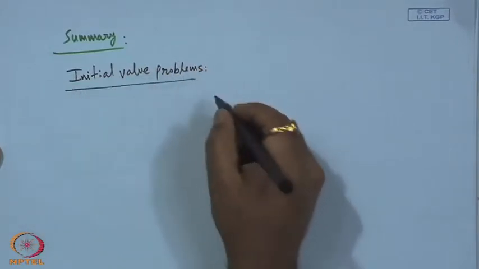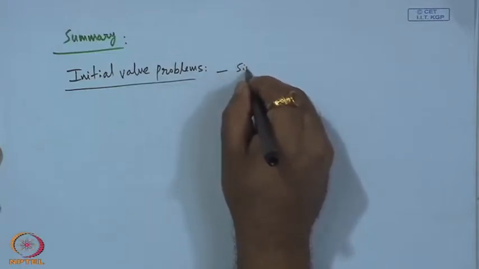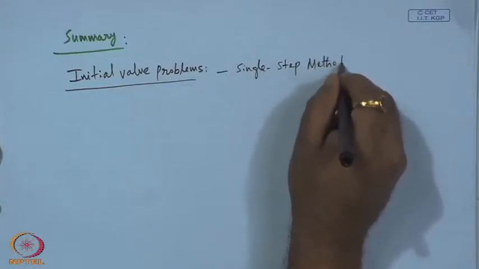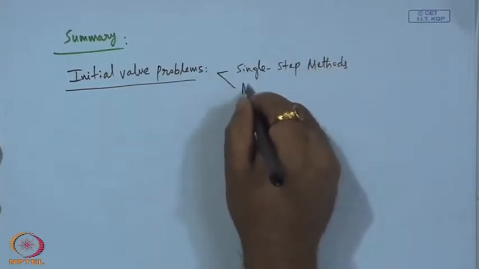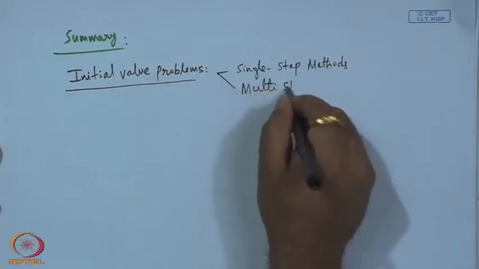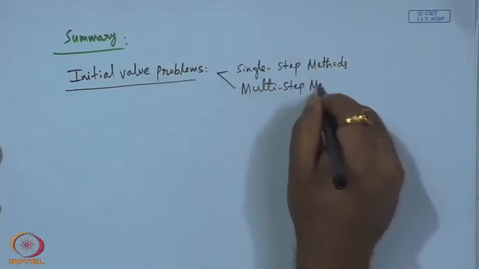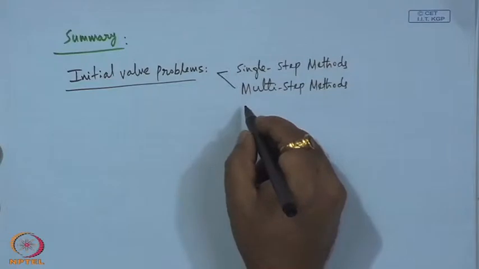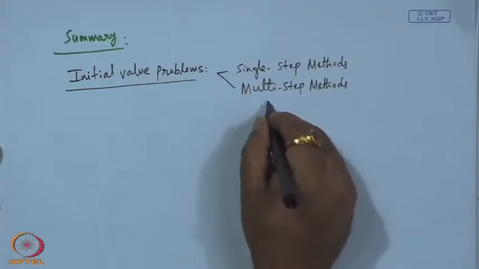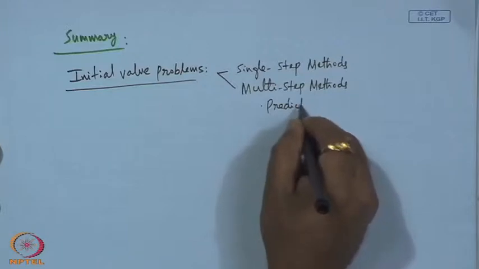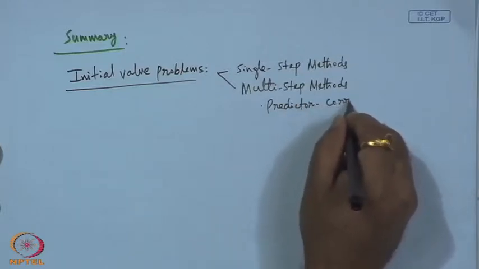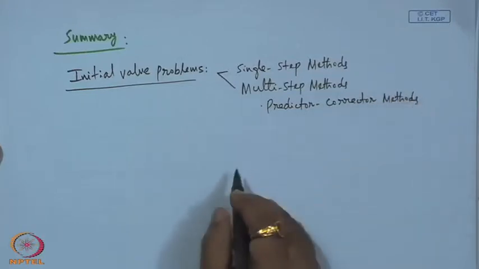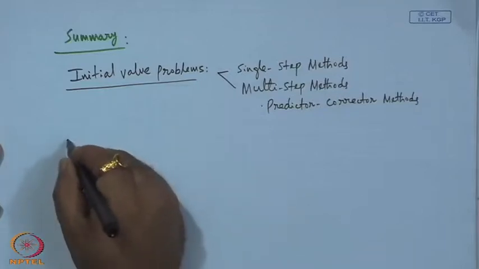Here we have single step methods and multi step methods. Then in multi step methods we have predictor corrector methods. Okay. So, then we move to